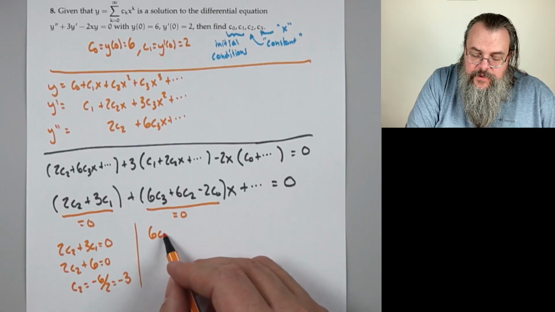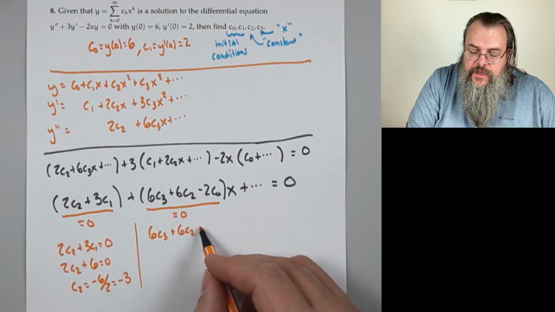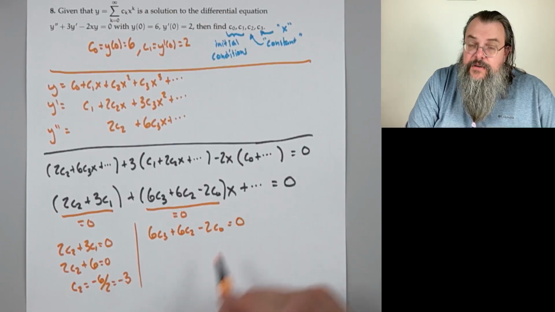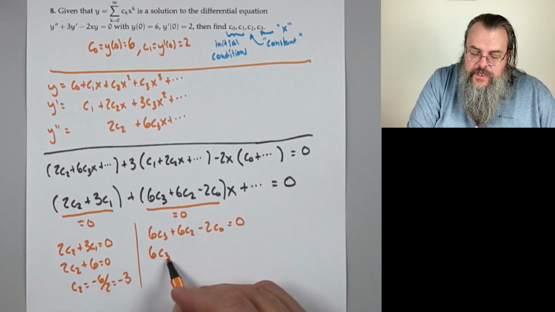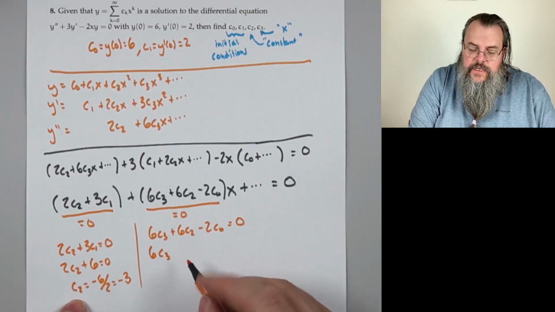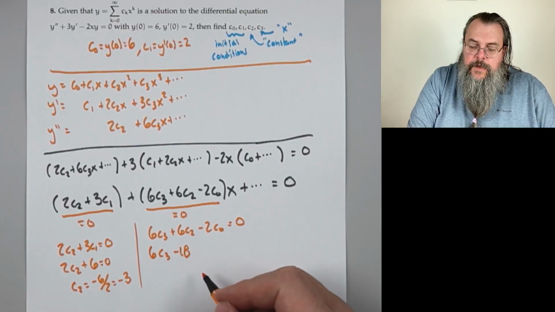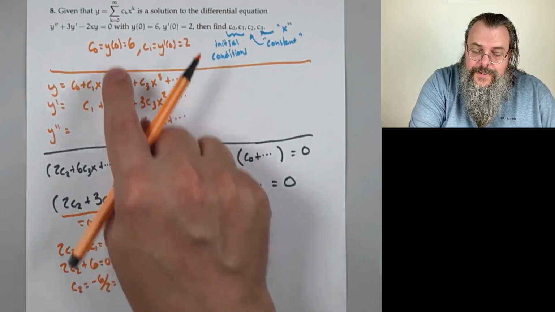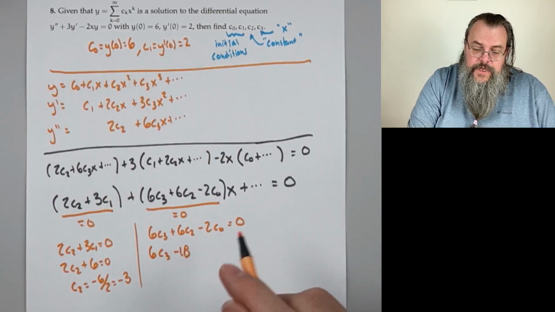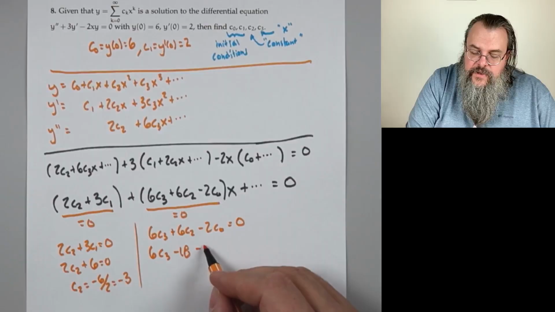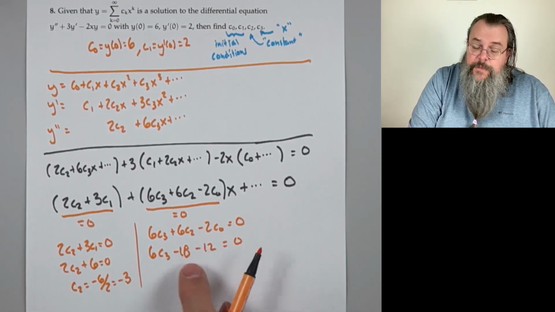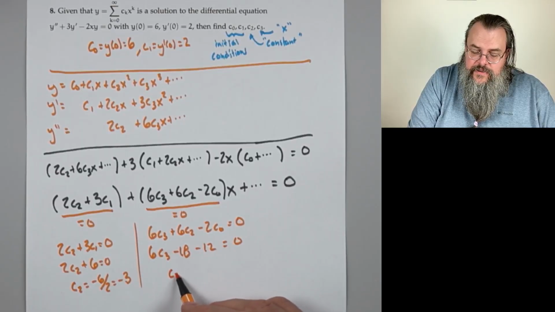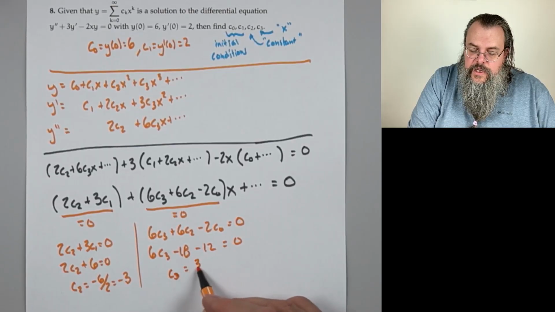We know that 6C3 plus 6C2 minus 2C0 equals 0. We just found C2. So that becomes 6C3, 6 times minus 3 is minus 18. We also know C0. It's up here. So that becomes minus 12. Minus 18 minus 12 would be minus 30. So we could say, aha, that says C3 is 30, because it comes across as a plus 30, over 6,